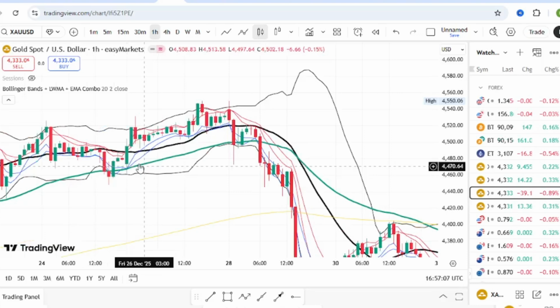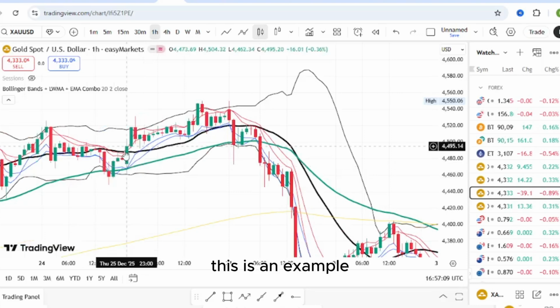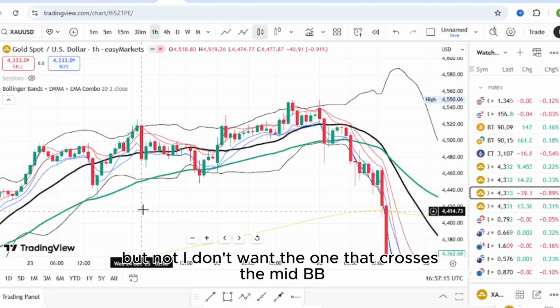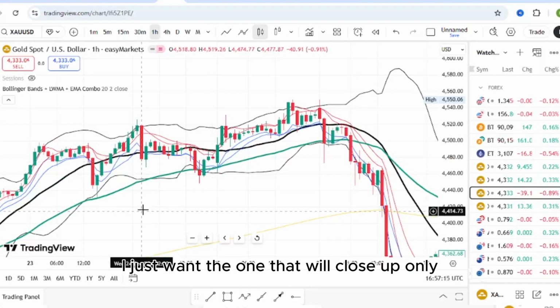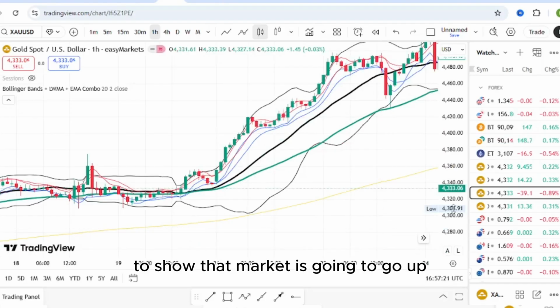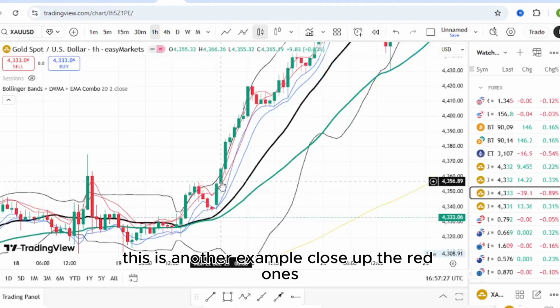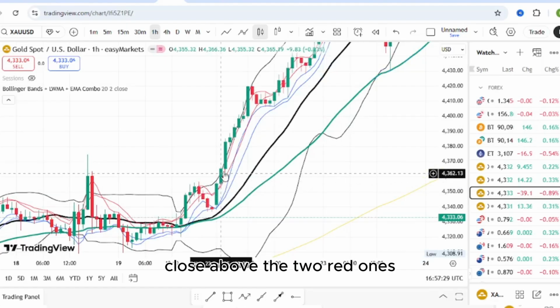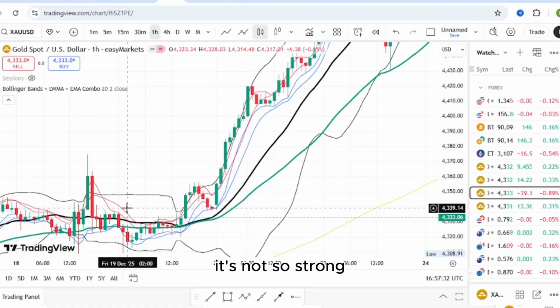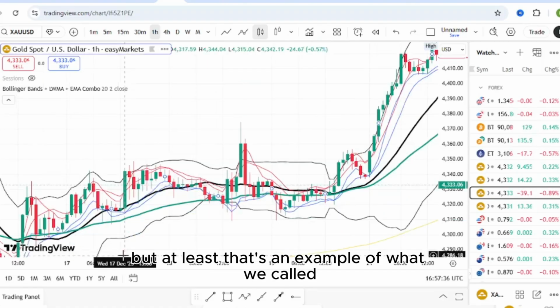This is an example. It closed up, but I don't want the one that crosses the mid BB. I just want the one that will close up only, to show that the market is going to go up. This is another example. It closed up, the red ones close above the two red ones, to show you that price is going to continue going up. It's not so strong, but at least that's an example of what we call